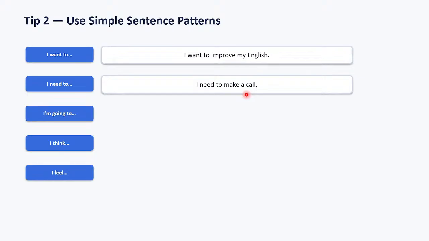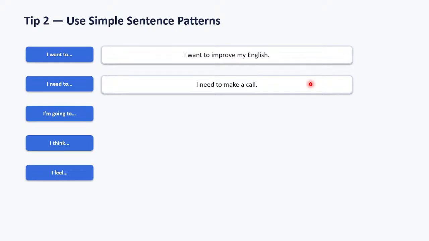Now you can give me in the comments how many sentences you can create with the help of "I need to". Which sentence can you create with the help of "I want to"? Yes, you can comment in the comment section. Try to make the session interactive so that it would be very helpful. Try to write sentences starting with the pattern "I need to", "I want to". Now I have given you the two sentences, right? So try to solve. Yes.